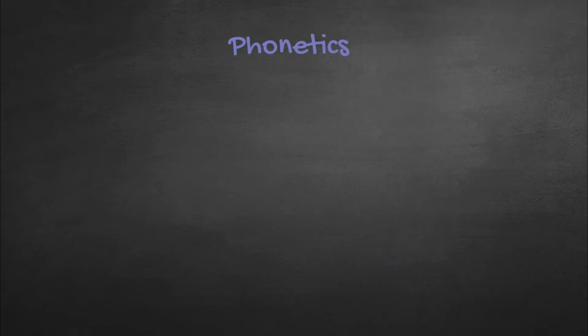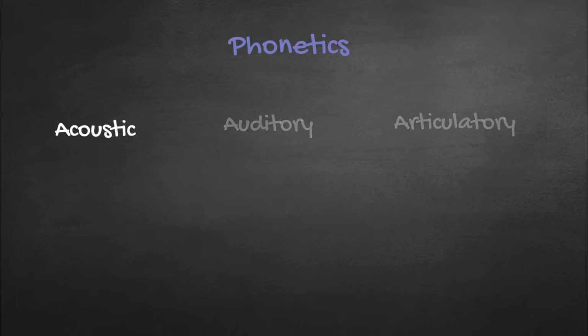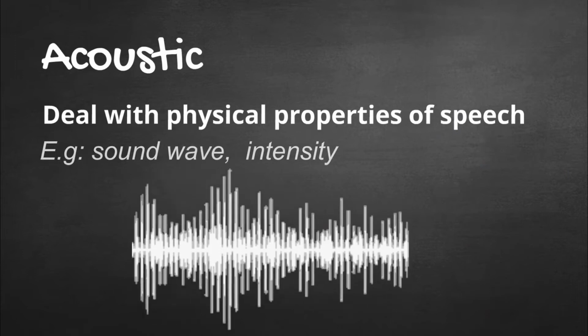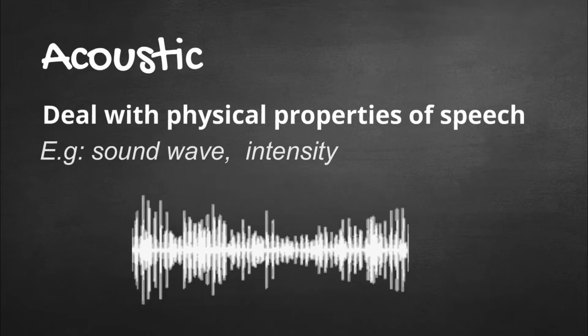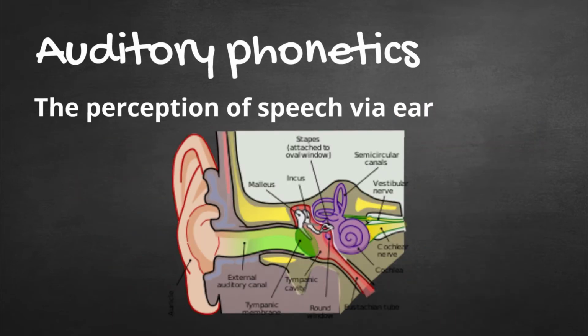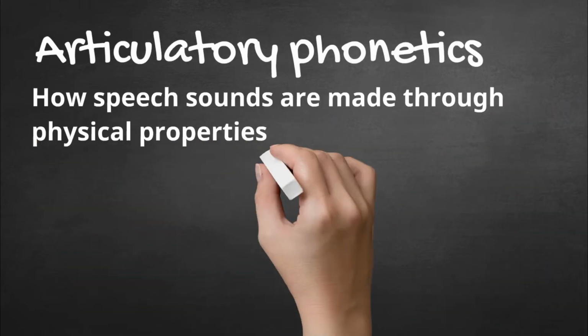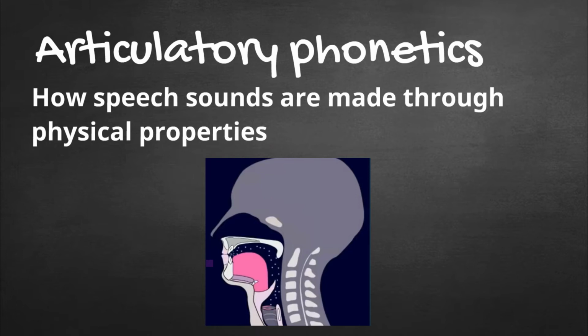Phonetics itself includes three main branches: acoustic phonetics, auditory phonetics, and articulatory phonetics. First is acoustic phonetics, which deals with the physical properties of speech, for example, sound waves and intensity. Sounds a little bit like physics, huh? Second, auditory phonetics is the perception of speech, obviously by ear. Third, articulatory phonetics is how speech sounds are made through physical properties, and that's also the branch that we focus on